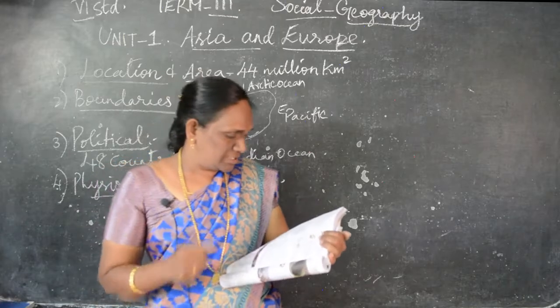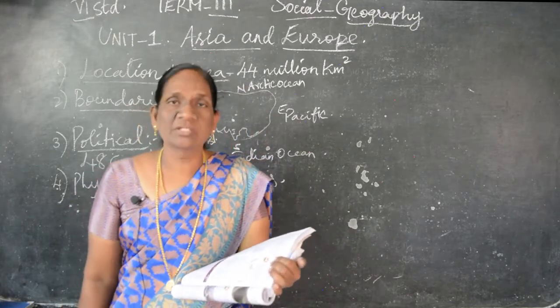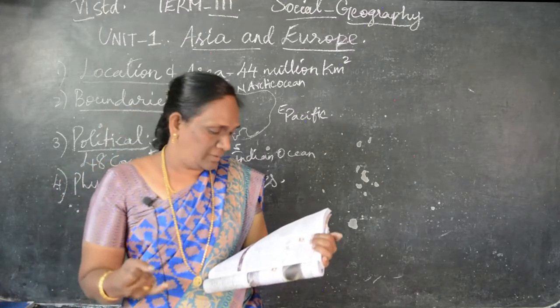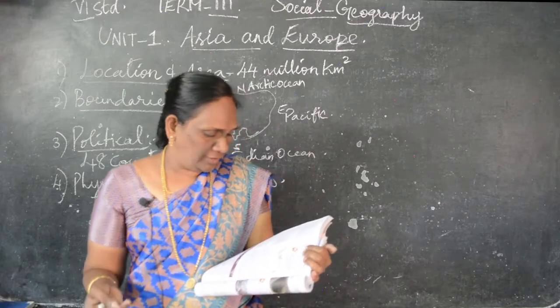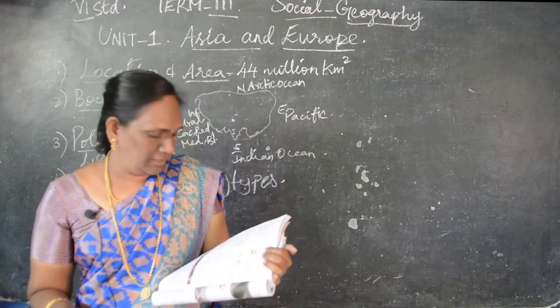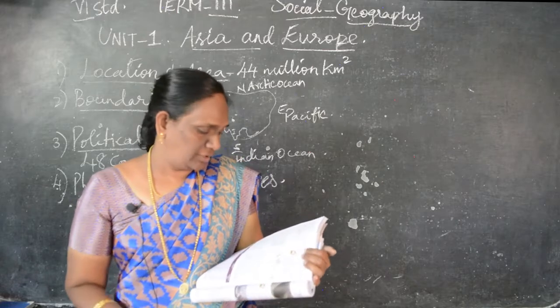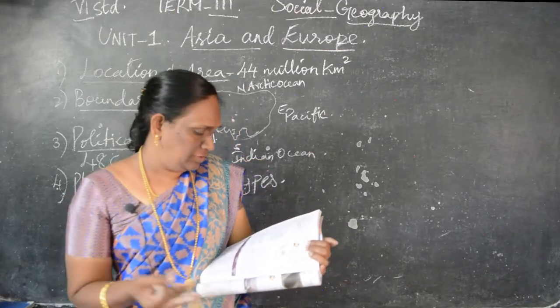Let's see what island groups there are. There are numerous islands found in the Pacific coast in the Southeast Asia. Kuril, let's see which are important. Kuril, Taiwan, Singapore and Borneo are the important island groups. And apart from that, what other islands are there? The Philippines, then the Japan islands and Indonesia, they